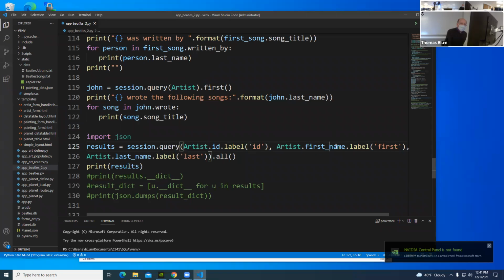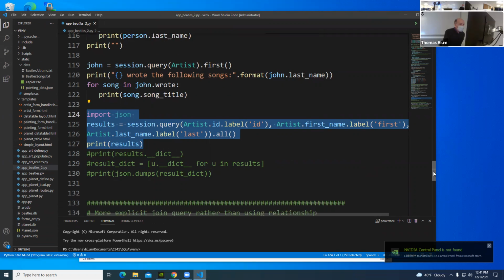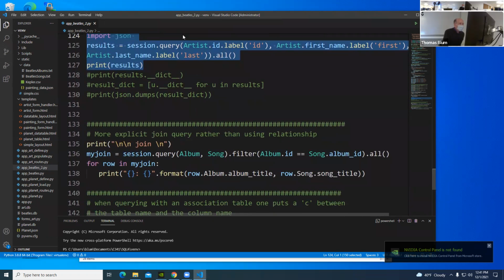And then I'm getting the artist's first name, and I'm labeling it as first. So this is me specifying what I want and renaming the fields. And we saw that on Monday, I believe, the more complicated queries.